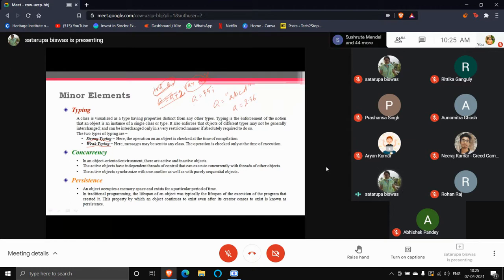Active objects can run parallelly or they cannot. How can you run programs parallelly? If you have a single processor system, you can use a time sharing environment. The first time slot is provided to program number 1. The second time slot is provided to program number 2. In that way, every program will get some slot of time, and after that time the program will stop execution, and it will go on in a cyclic way.